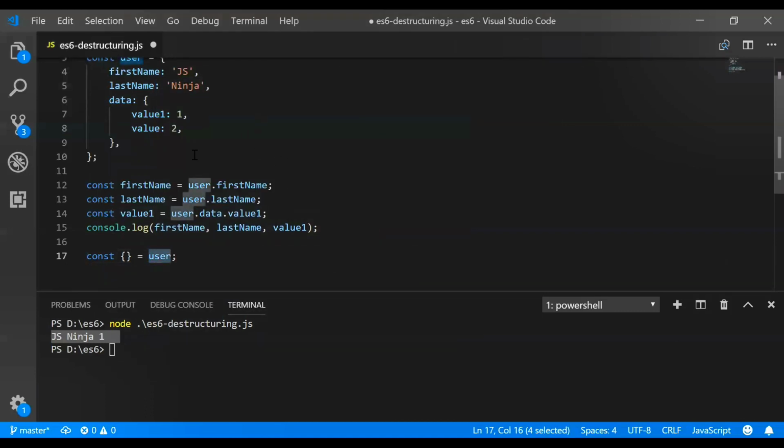Yeah. So inside the braces, we will extract all the values which we want to extract, like first name, last name, and data. Let's see the output. Yeah.